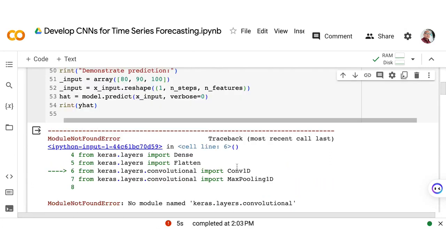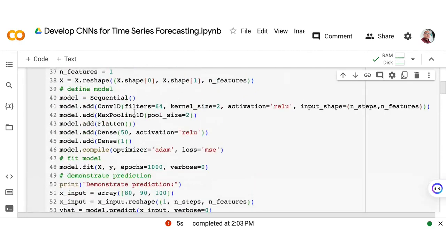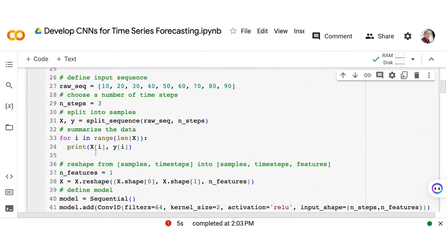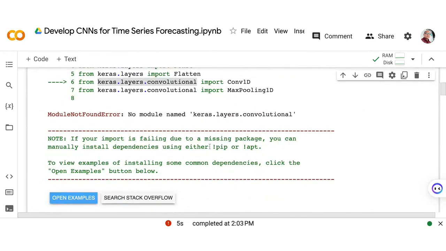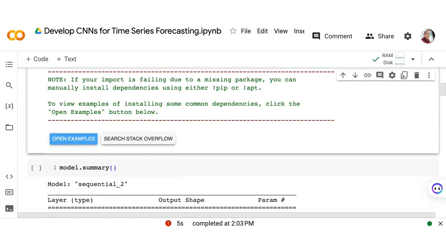I think this part of the module that we imported has been deprecated, meaning this is a very old version of the convolutional layer that we want to add here because it stopped working properly. So there's no need for us to manually install the dependencies because there are no dependencies for running this. I just ran it now, but there is a problem.